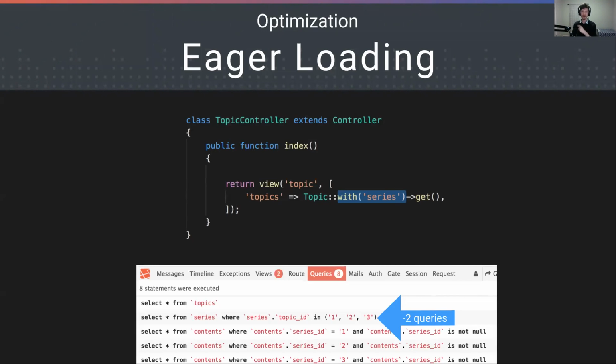Because it's a where in query where it's saying select star from series where the topic ID is 1, 2, or 3. And I have 3 topics, and that's why there's an ID 1, 2, or 3, and only 3 that it's grabbing there. And so that has turned 3 queries to grab the series for each topic into 1 query. So we are a net of -2 queries, right? We reduced this page by 2 queries for a total of 8, which is okay, but